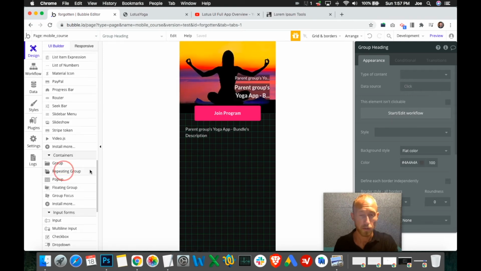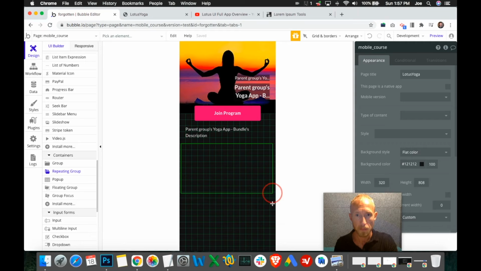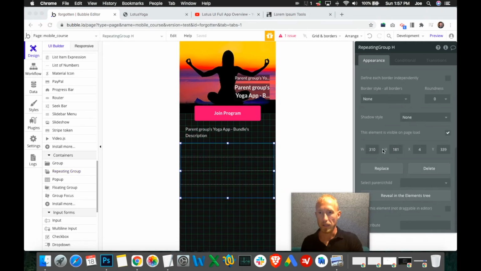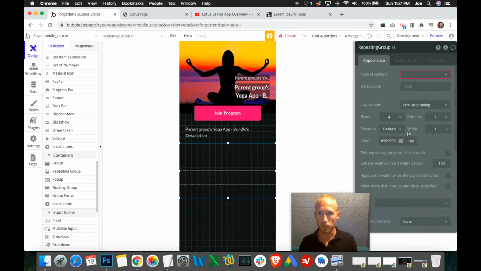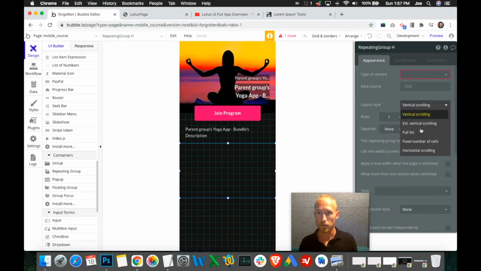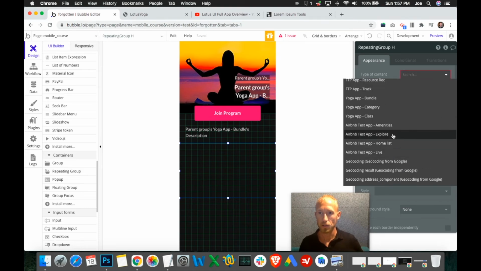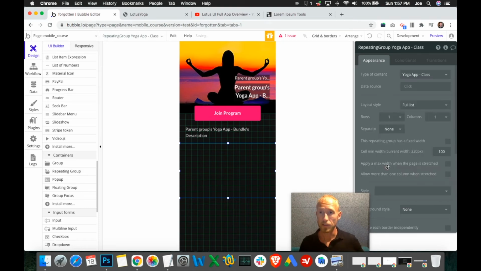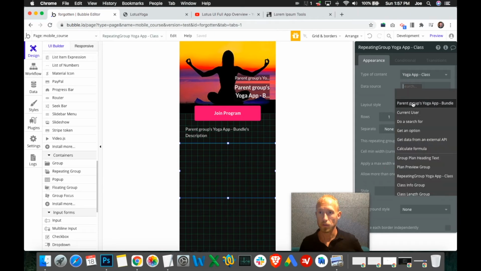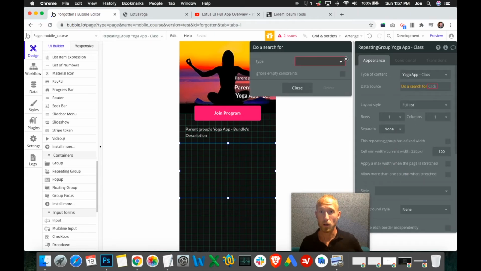First, we're going to put in a repeating group. We're going to make that 320 for its width, 1 by 1, and then we'll let it expand down. The type of content is classes, and we do a search for the classes that are part of this,